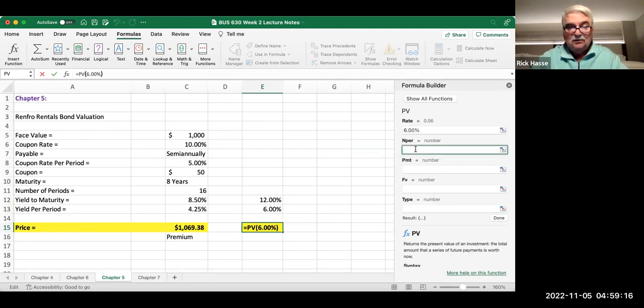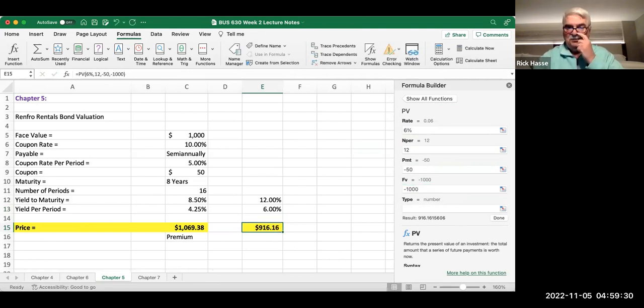The number of periods are still 12. The payment is still $50. And the future value is still $1,000. What is our bond value today in higher interest rates? As you can see, it goes down. Interest rates have gone above the coupon rate of my bond. Thus, my bond has less value, $916.16. Why? So if somebody wants to buy my bond, they have to spend